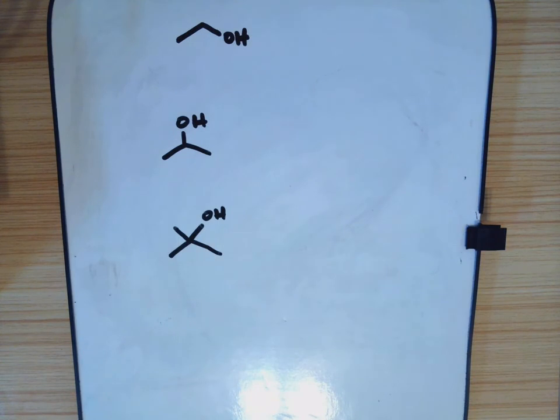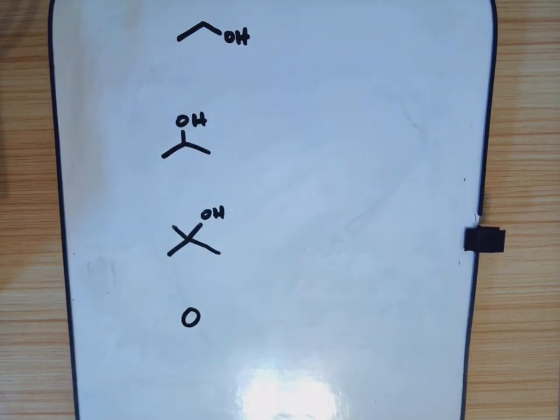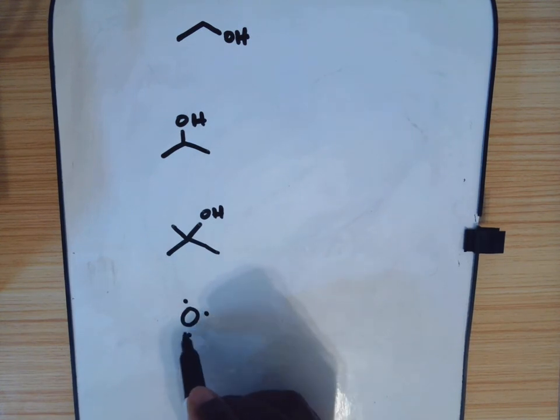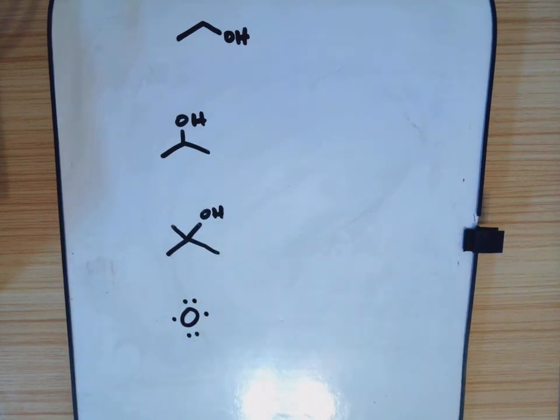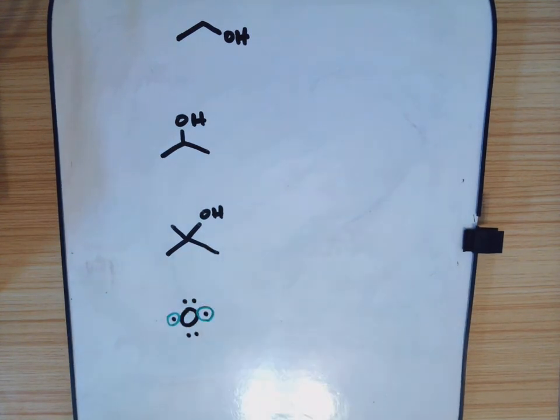So one thing before we get into that, let's take a trip back to 1151. You learned about Lewis dot symbols or electron dot symbols. So let's think about the oxygen. Oxygen has 6 valence electrons. So when looking at electron dot symbols, you use the dots to represent a valence electron. You have to place one on each side before you can go back and pair any. And so in oxygen, you'll end up with a total of 4 electrons that are paired up, and 2 electrons that are not paired. Those unpaired electrons indicate how many bonds that atom wants to form to be in its most stable form. And so in the case of oxygen, it wants to form 2 bonds